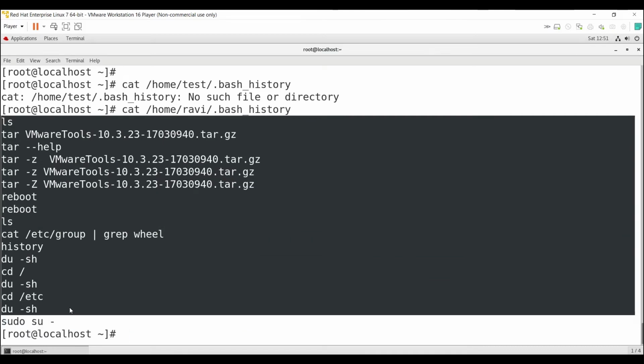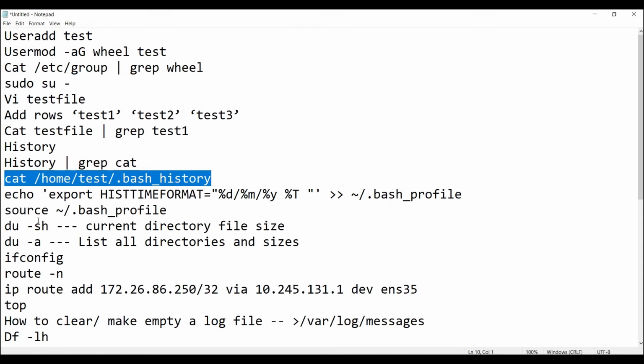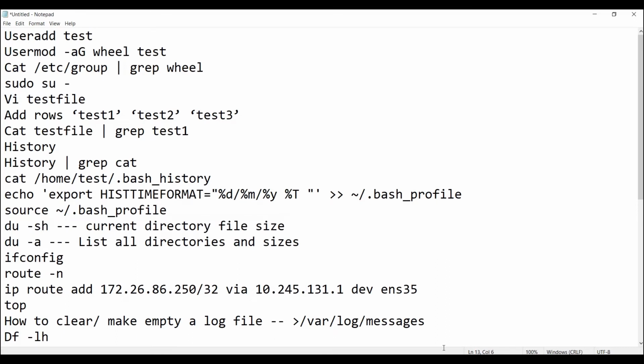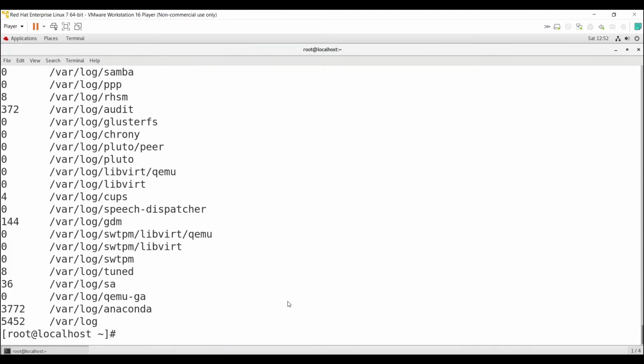Okay guys, so what is the next command? The next one is du command. So we can use du command to find out the file and directory sizes of a specific directory. Okay, so let's see how to do that. So I'm going to find out the file size of the /var/log directory. du space /var/log. Okay, now you can see